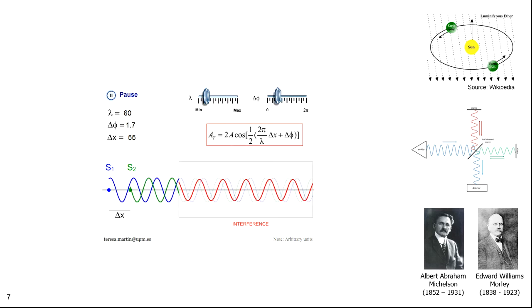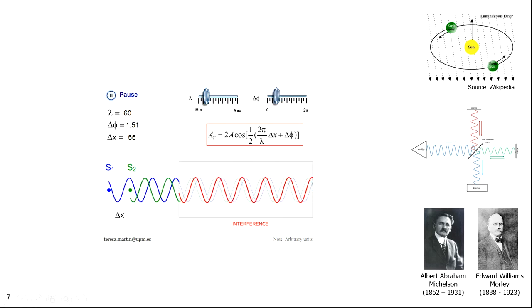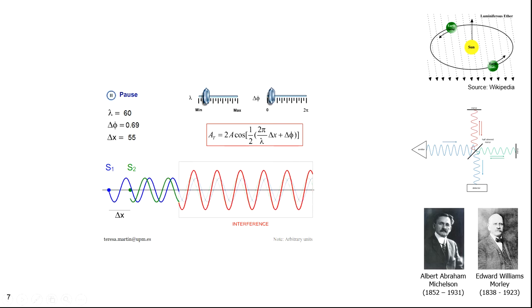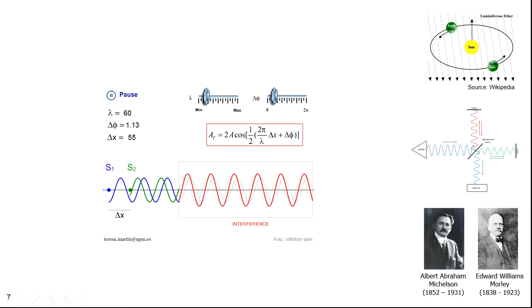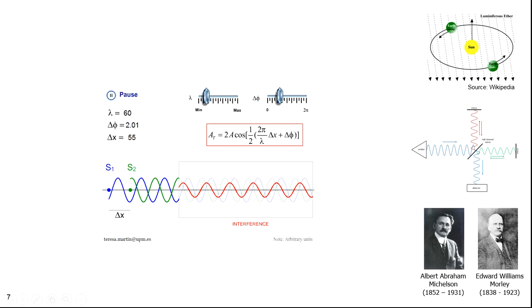A phase shift between 0 and 1/2 results in some light when you combine the two beams, but it's less than the sum of each of the beams. The closer you are to in phase, the higher the intensity of the combined beam. The closer you are to out of phase, the lower the intensity. It's called an interferometer because one beam can interfere with the other and diminish the output. Michelson and Morley used an apparatus based on this principle to determine if one of the beams was slowed down relative to the other as the apparatus flowed through the ether.